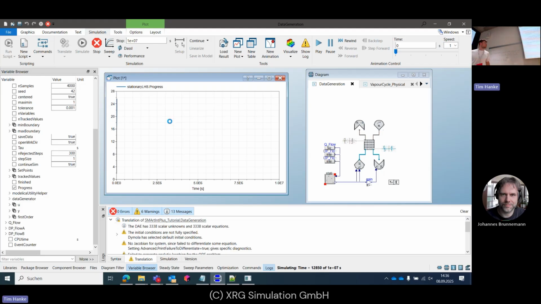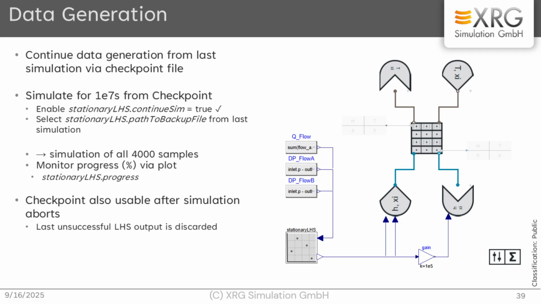Switch back to presentation. So this is probably what we have here at this slide. The continuous simulation of the backup file, and then we can simulate all the 4,000 samples with the large simulation time. Like I showed, we have this progress variable to see how far we are. And what this checkpoint also does is